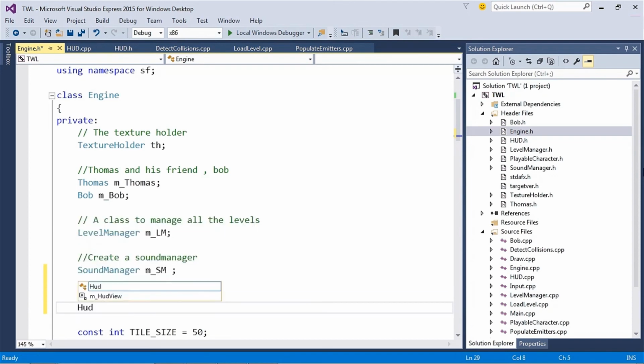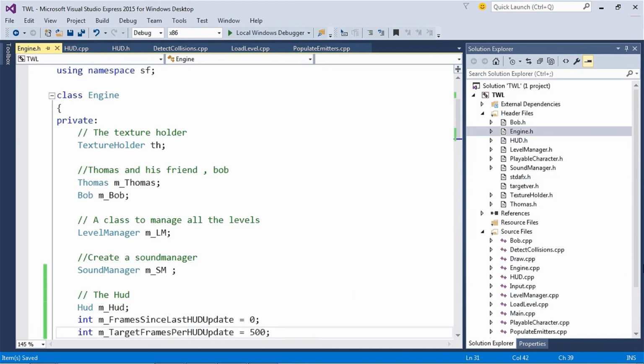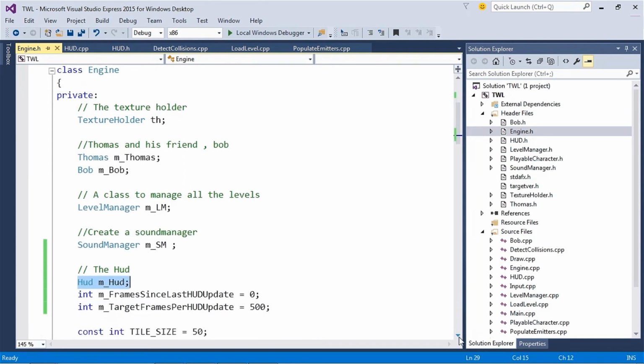Then, HUD m_HUD; int m_FramesSinceLastHUDUpdate = 0; int m_TargetFramesPerHUDUpdate = 500. First, we declare an instance of the new HUD class, that is m_HUD. Then, we declare and initialize 2 new member variables that will keep track of how often we update the HUD.